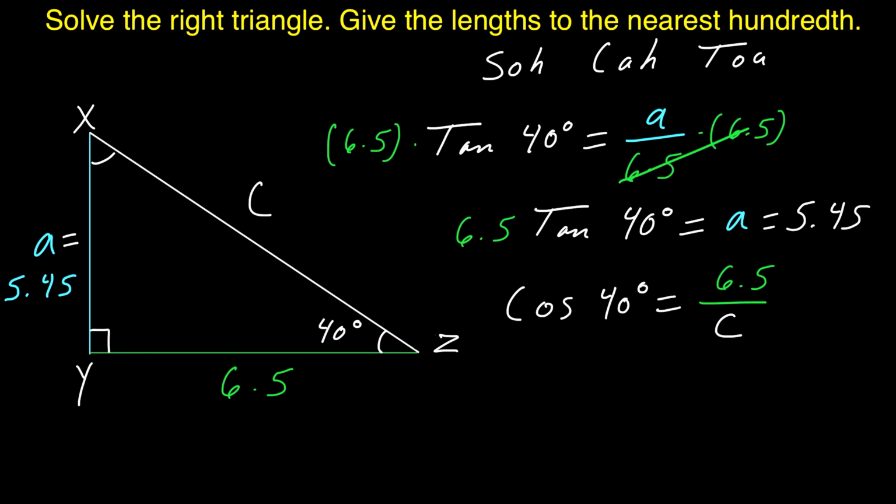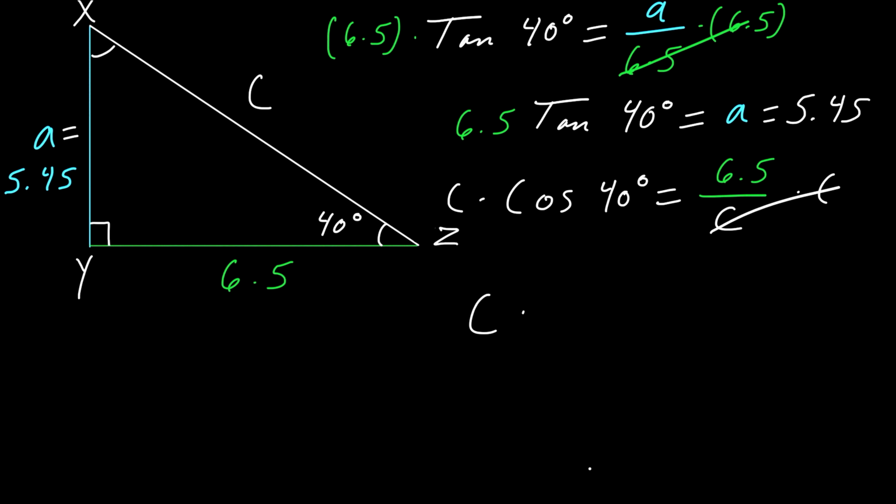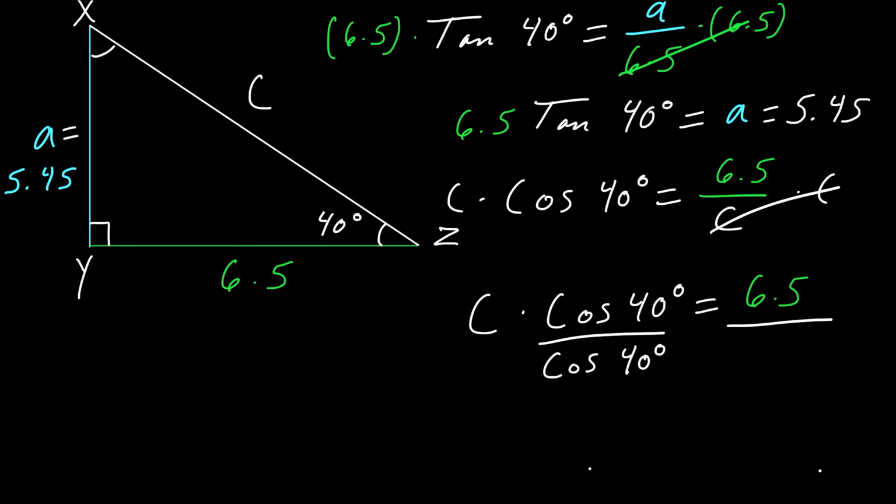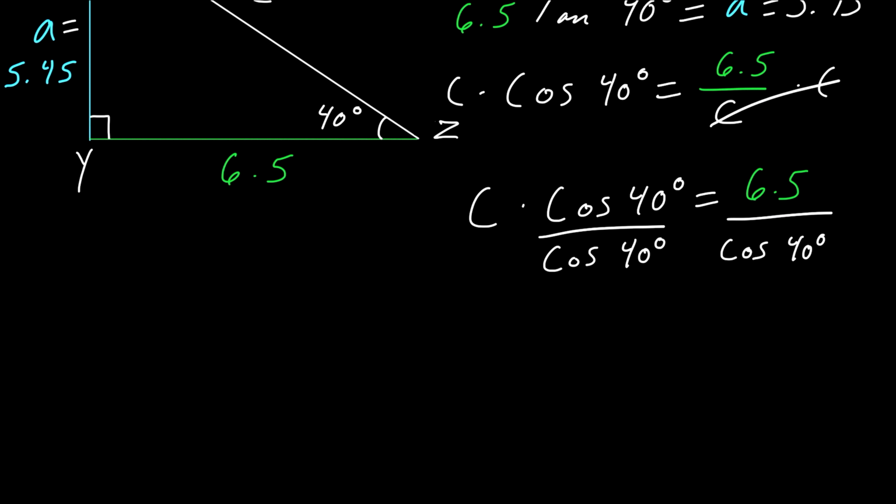Now again, you might say, all right, that's pretty cool, but I have this c at the bottom. What do I do now? Well, now we're going to multiply both sides by c. So times c times c. These two c's cancel each other out, and we're left with c times the cosine of 40 degrees equals 6.5. Now we can divide both sides by the cosine of 40 degrees. And we're just left with c equals 6.5 over the cosine